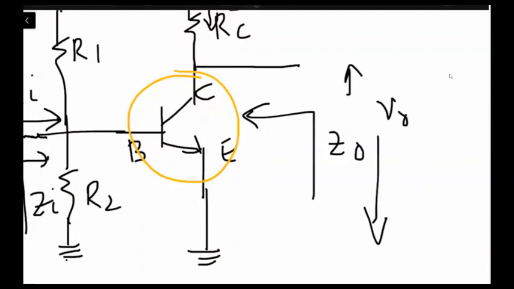Between the two input ports, a current flows into the system as Ii, and the voltage applied over here is Vi. And when looking into the system,